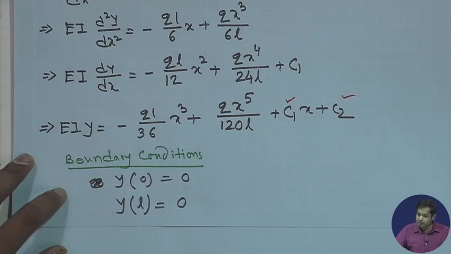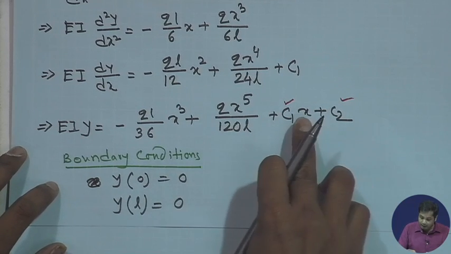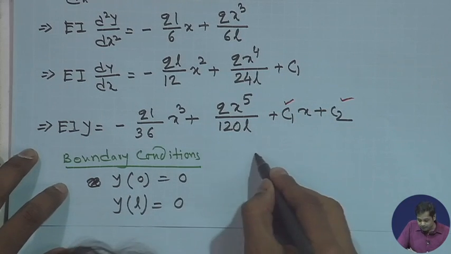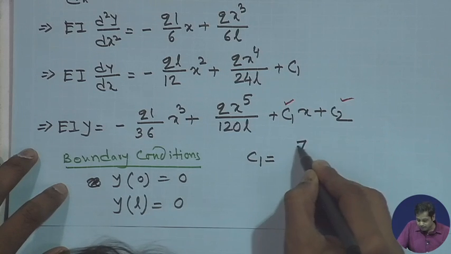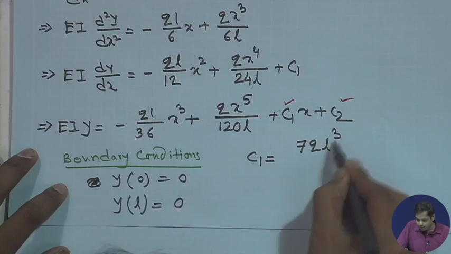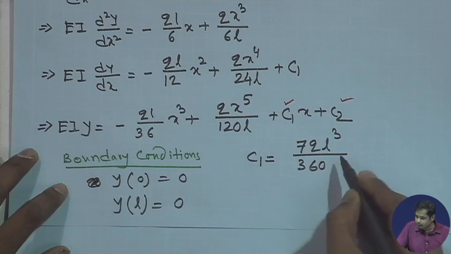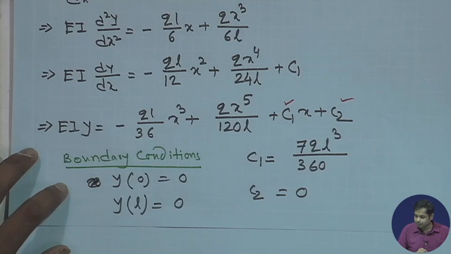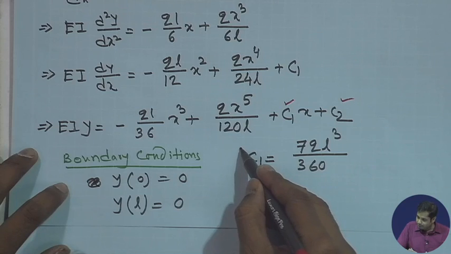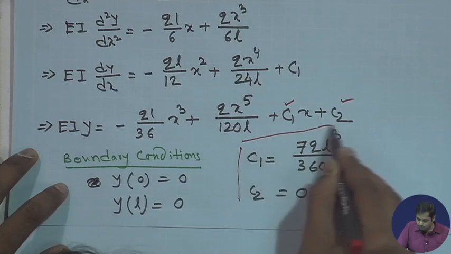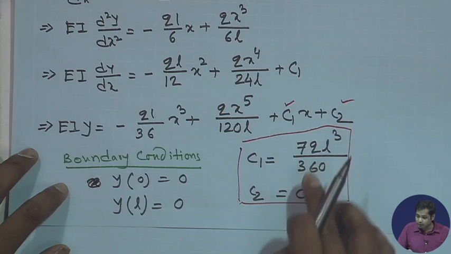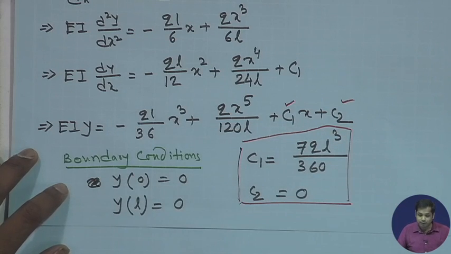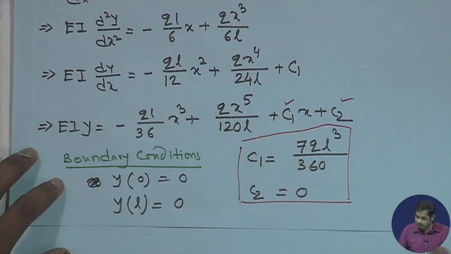If you substitute these two boundary conditions and evaluate C1 and C2, what we get is C1 equal to 7qL^3/360. I leave it to you, please check that. C2 is equal to 0. So, this is C1 and this is C2. If you substitute this C1 and C2 in this expression,